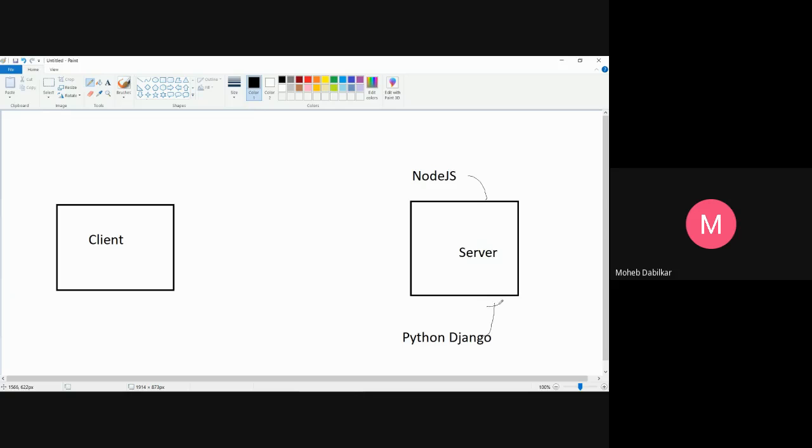Okay, so now you create a server using Node.js, and then whenever the client wants, he will do a request. So a client does a home request. So your home looks like this, a slash. The server will send a response.